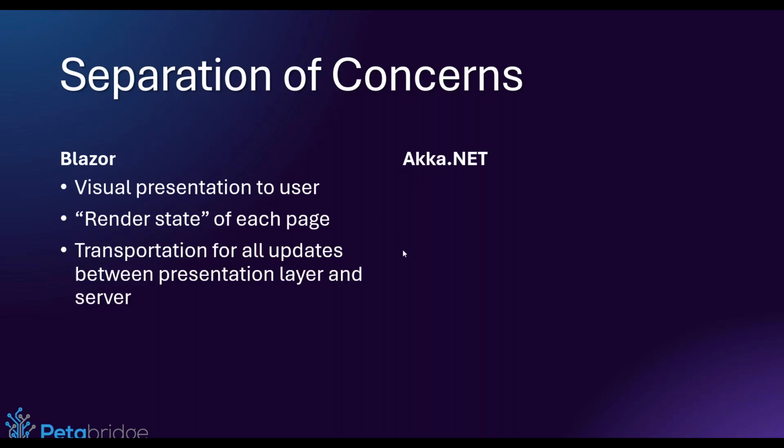Blazor is also responsible for the transportation of all updates between the presentation layer and the server. This includes client to server and server to client. So this is going to happen using a piece of infrastructure that Blazor Server has called the Blazor Hub. This is basically like a little implicit SignalR connection that's available behind the scenes. It will automatically serialize and deserialize all of the rendered updates for you without you needing to write any JavaScript